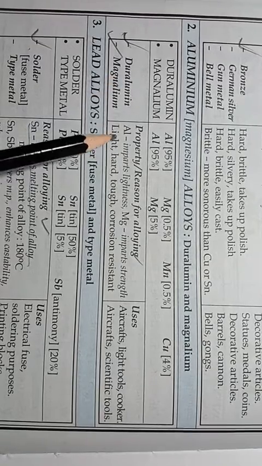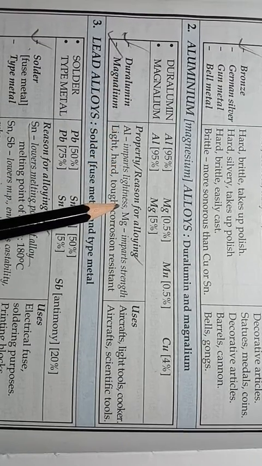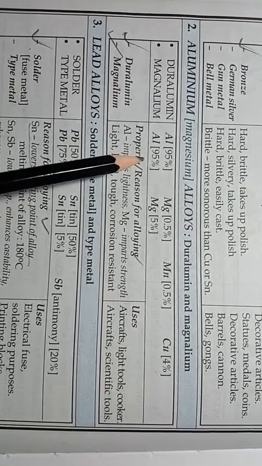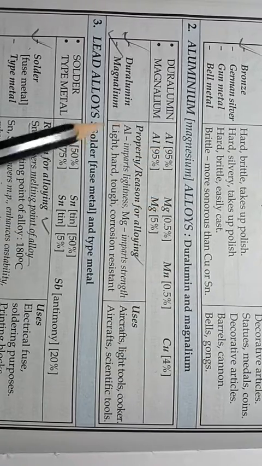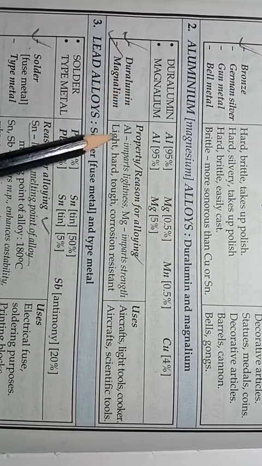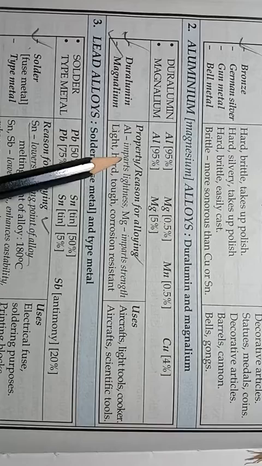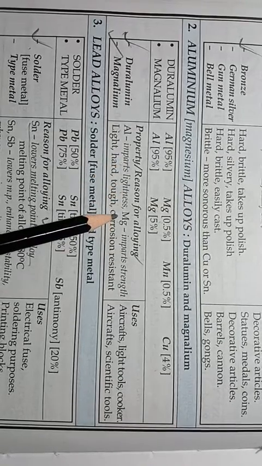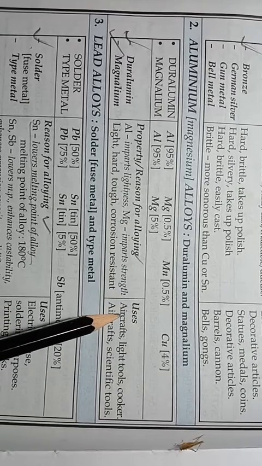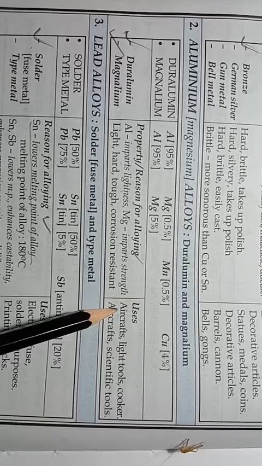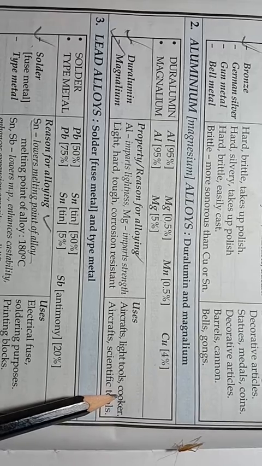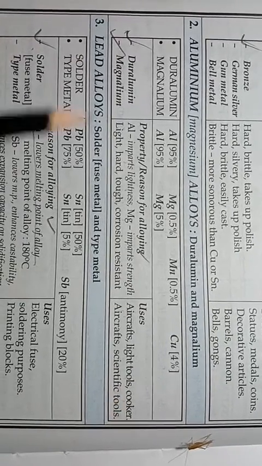First is duralumin. Aluminium imparts lightness and magnesium imparts strength. So in duralumin we are using aluminium, magnesium, manganese and copper. What is the reason for the use of aluminium and magnesium in duralumin? Aluminium imparts lightness and magnesium imparts strength. Now duralumin is used to prepare the body of aircraft and light tools, and also in the making of cookers. Then magnalium